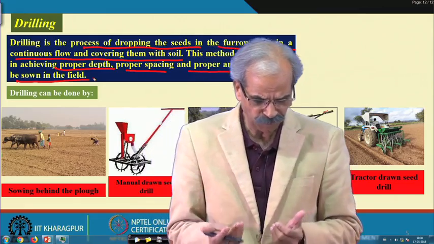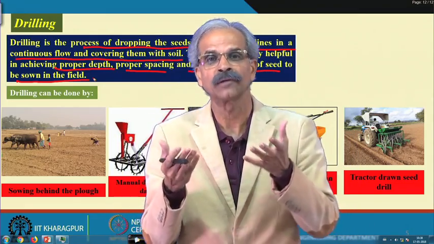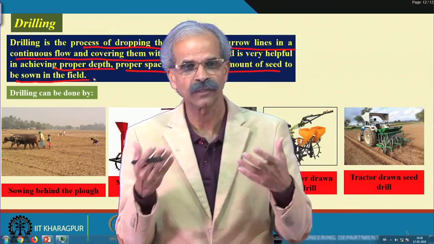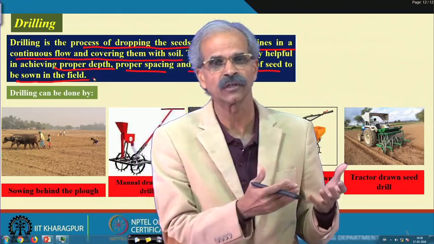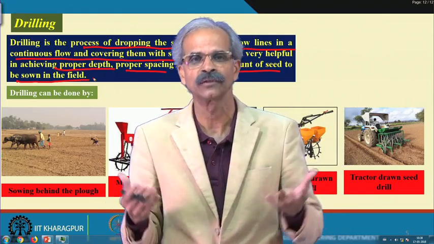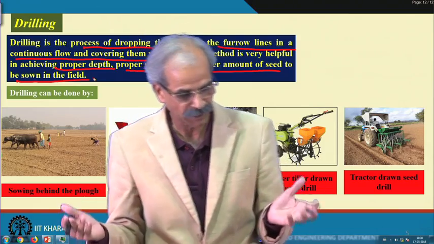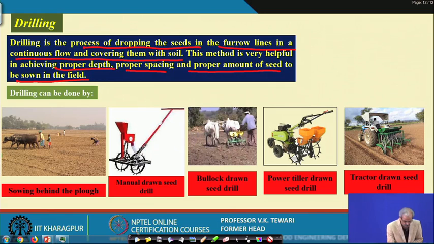There are various methods, and it is imperative for you to have a look at them, because as the first course on seeding operation, you must know what are the traditional ones, what are the future ones, and what are the methods which people have been using in various parts of the country. So, you can see here the sowing by this behind the plow, then manual drawn seed drill, then bullock drawn here, and then of course, the power sources